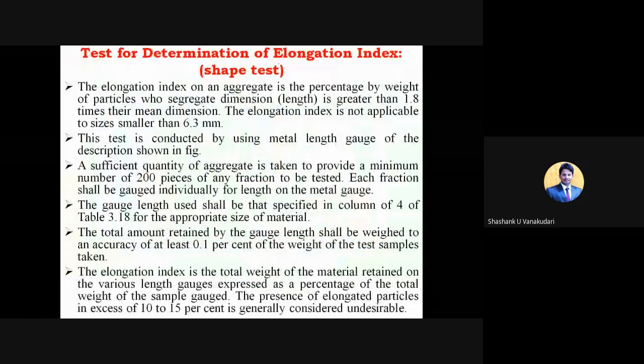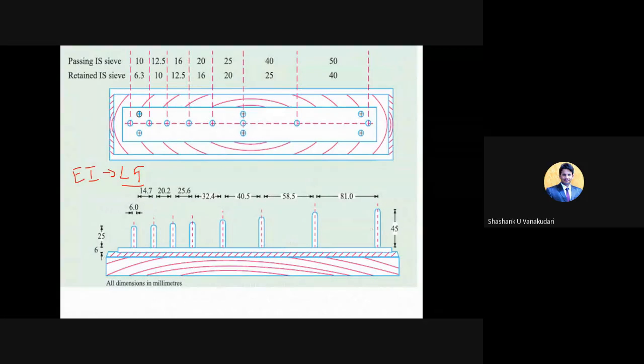And the next test is the elongation index. Here in the elongation index, we have a wooden-like structure at the base of this instrument, and certain poles. Here we need to measure the distance between these poles. Clear? The distance between these poles depends upon the sieve sizes. In the top plan, from one pole to the other, it is given with respect to 50 mm passing and 40 mm retained. So in the same table, again you need to note down 50 mm passing, 40 mm retained.